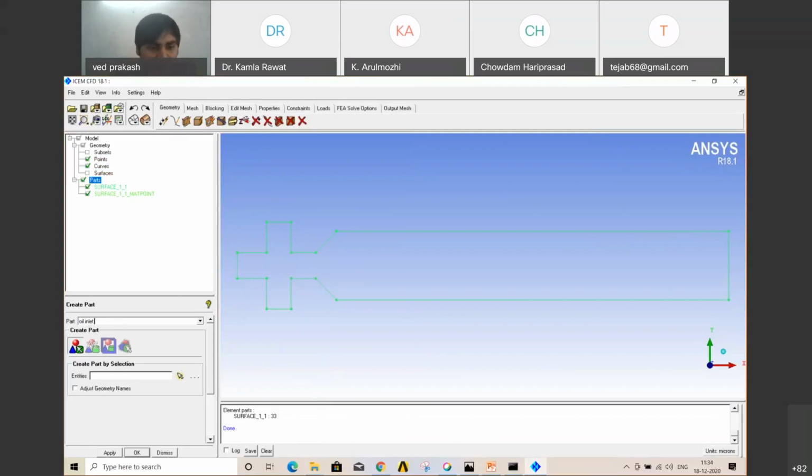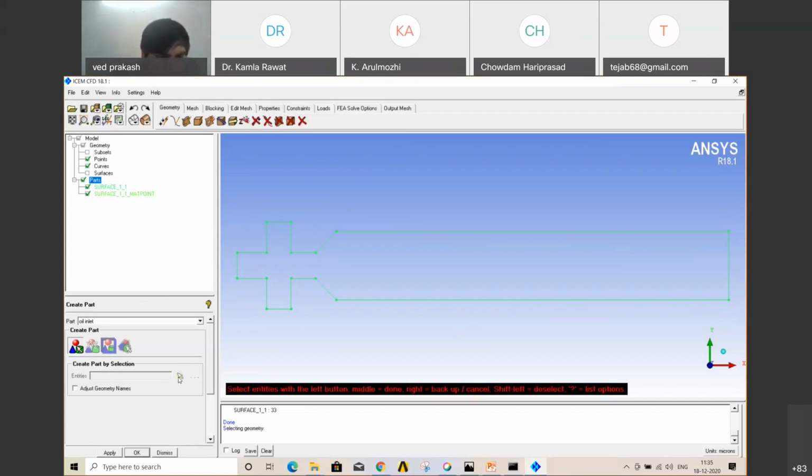I want to explain why we are taking oil and water. In the case of microchannels, I'm trying to check the behavior of the fluid with the help of surface tension. So I'm using oil as one inlet and water as the second inlet. So there are two fluids. This is a multi-phase phenomenon. So first create the oil inlet.